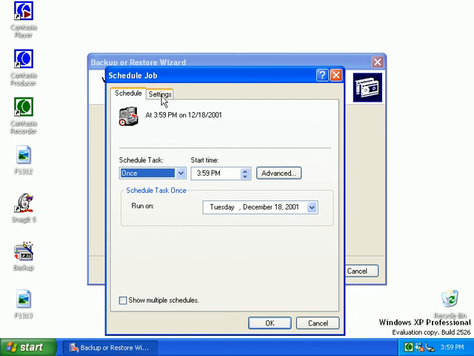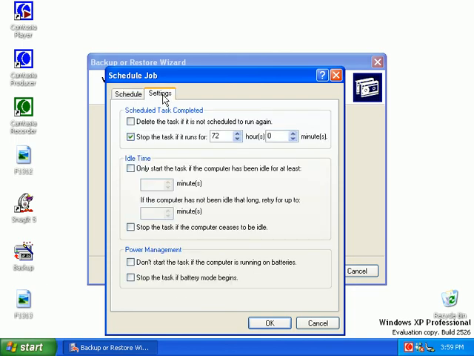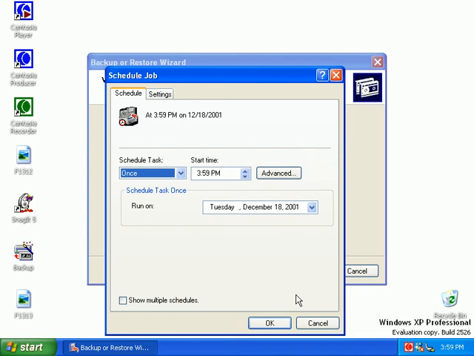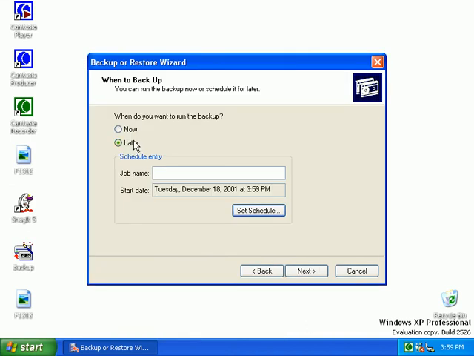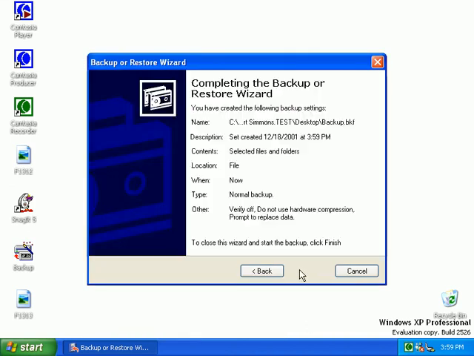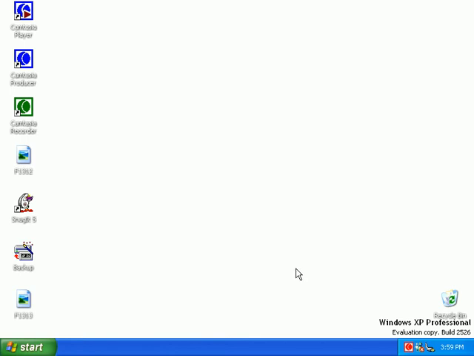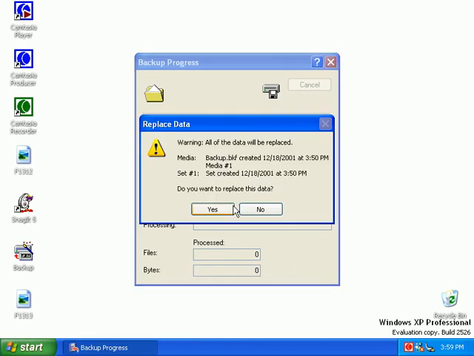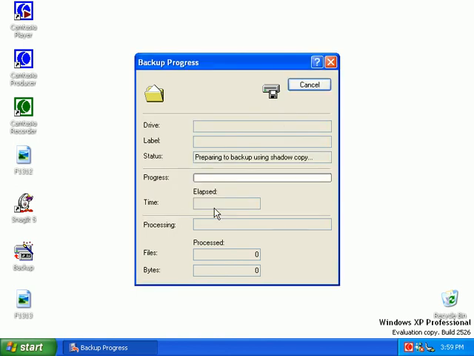You'll see a simple interface here where you can create a schedule and the different settings for it. These are self-explanatory. I'm going to leave this set for now. I click Next, and then I click Finish. Then you'll see an interface or possibly a warning message if you have another backup job that's going to be overwritten. I'm just going to say yes to this. And you can see that the system is preparing for a backup. Now this may take some time depending on